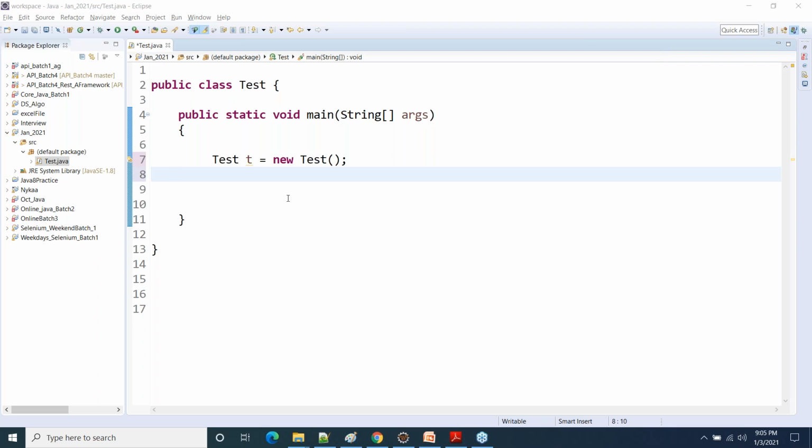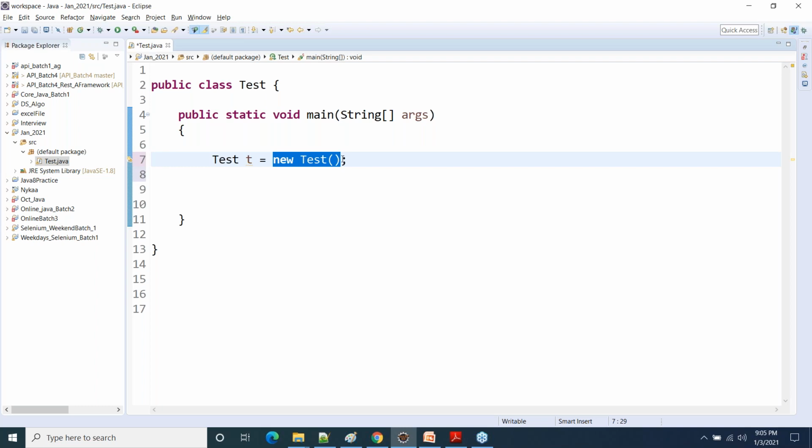Once the right hand side part is executed and the object is created, that object has a memory address.